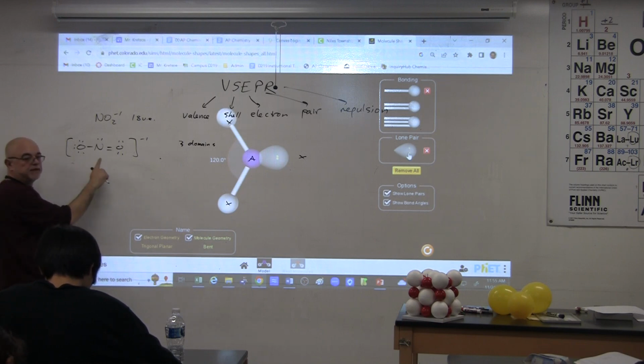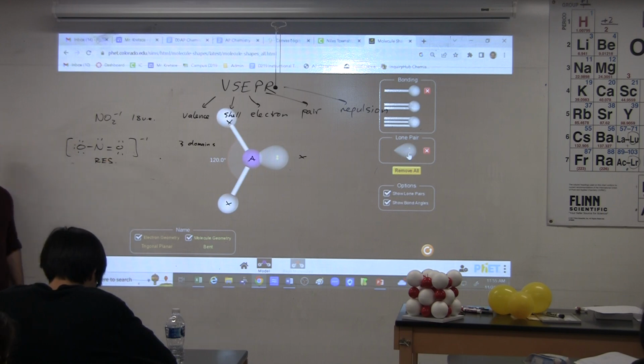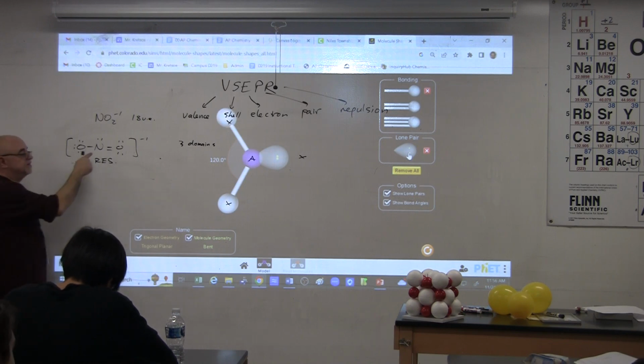I'd have to draw it both ways. The bond order here would be 1.5. But to save space, I'm just going to write the word "res" underneath, because this is one of those equivalent resonance structures I have to show. But that doesn't affect the VSEPR shape. This is still A,